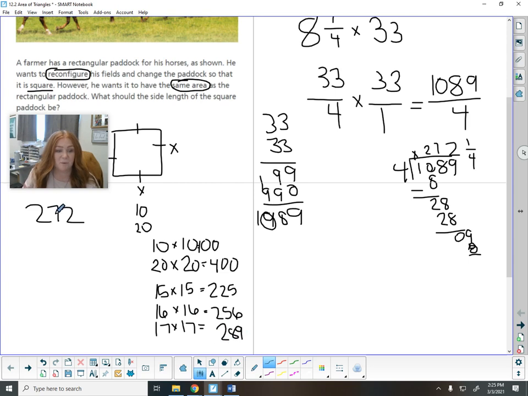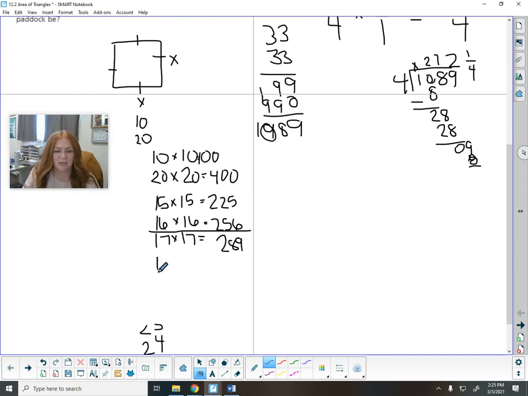That's really close, so it's somewhere in between. Let's try 16 and a half times 16 and a half and see where that gets us. 16.5 times 16.5 is, oh, perfect,